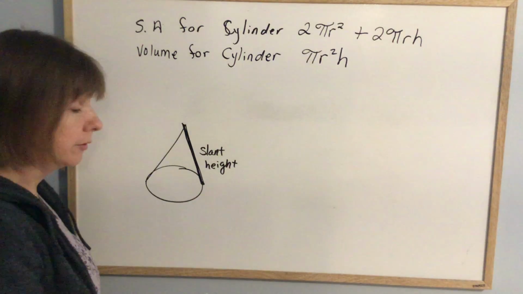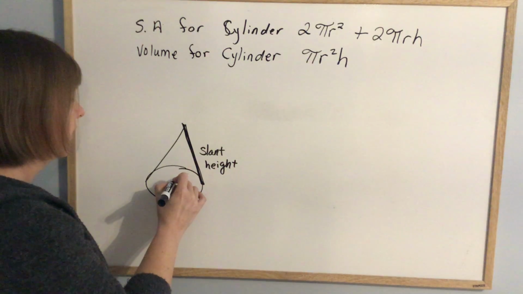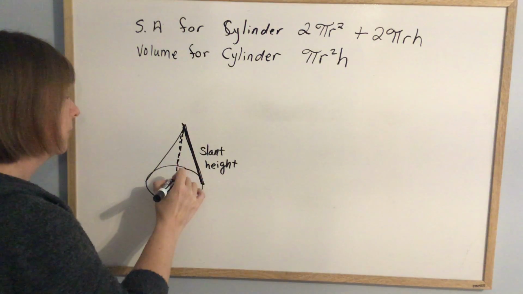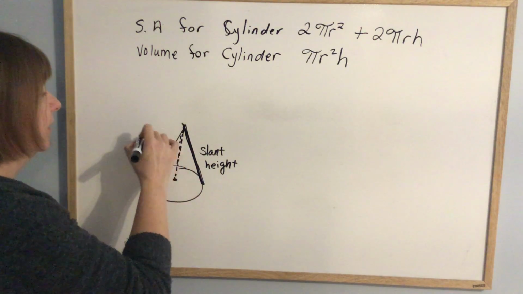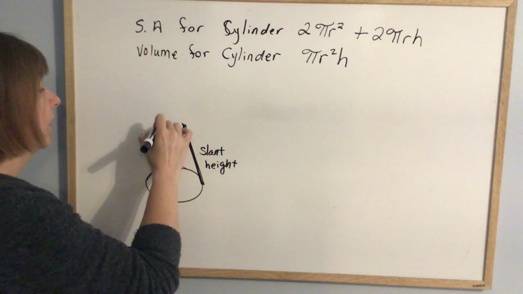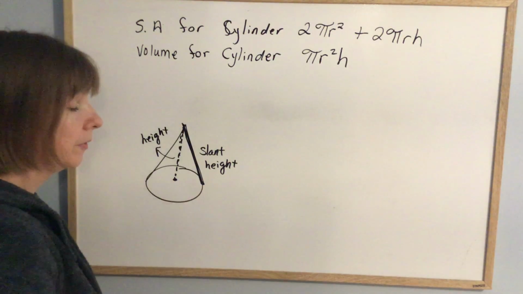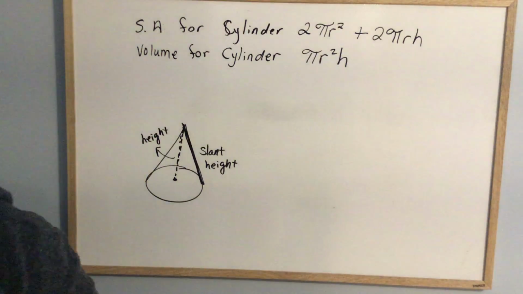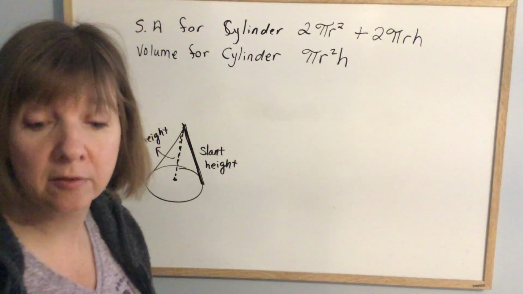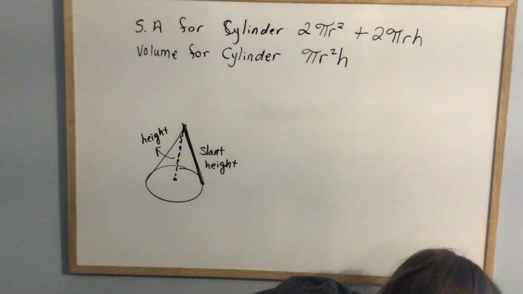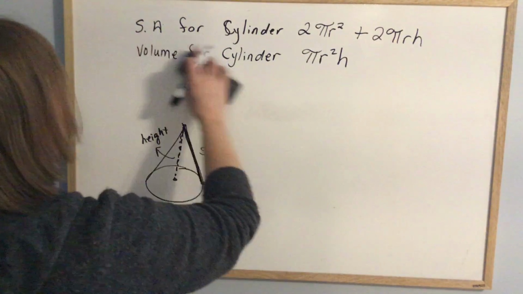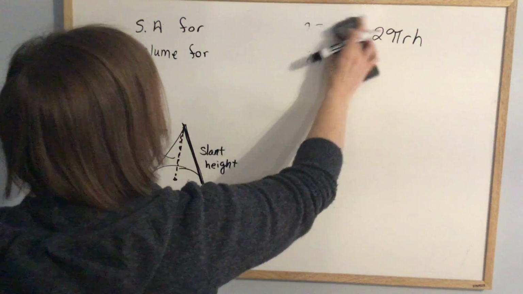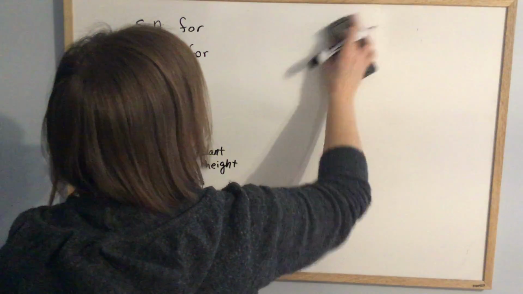The height of the cone is actually from the center of the circle straight up to the peak. That is just plain old height. So the slanted side is the slant height. And that's important because, where's my eraser? There it is. Because if we're going to talk about surface area and volume for the cone,